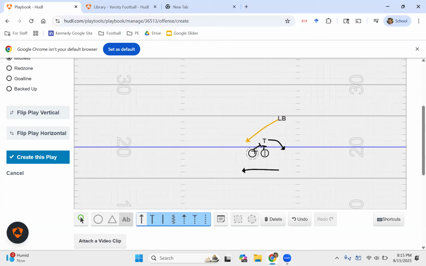And then eventually this guy's going to have to come off for the linebacker when that linebacker crosses his face. And hopefully this guy has control of him before that happens, before this guy has to come off and block the linebacker. Okay. So those are a couple of scenarios that we need to be prepared for.